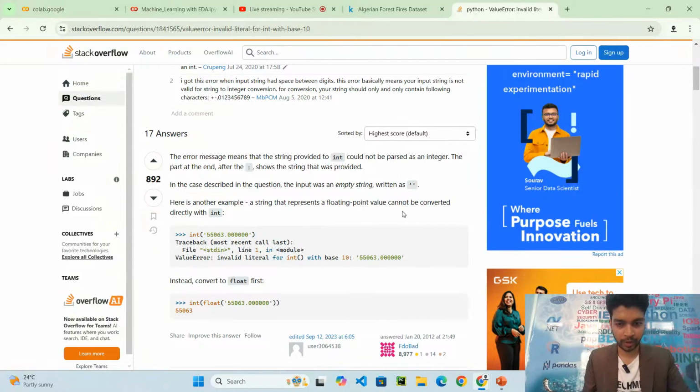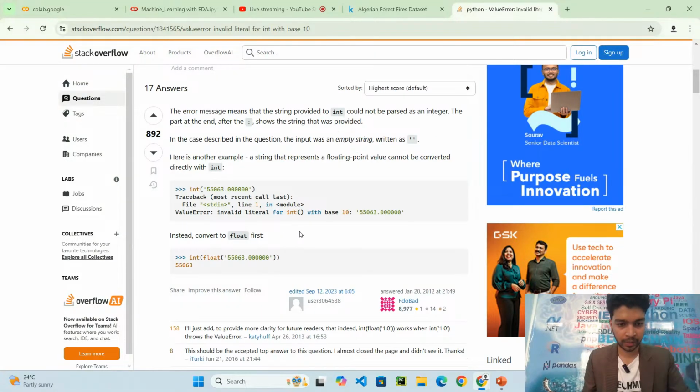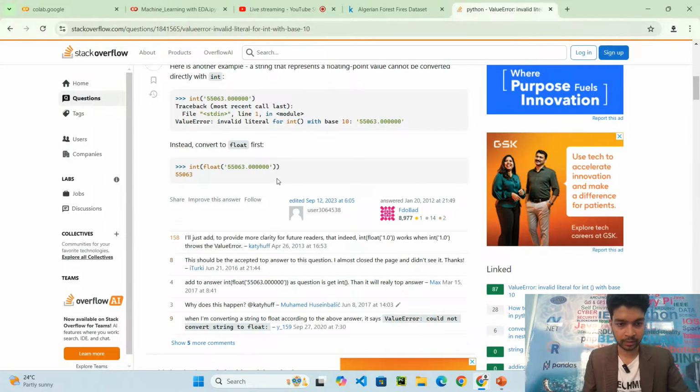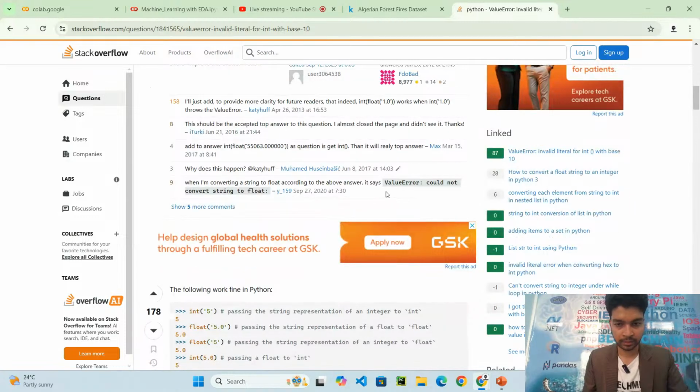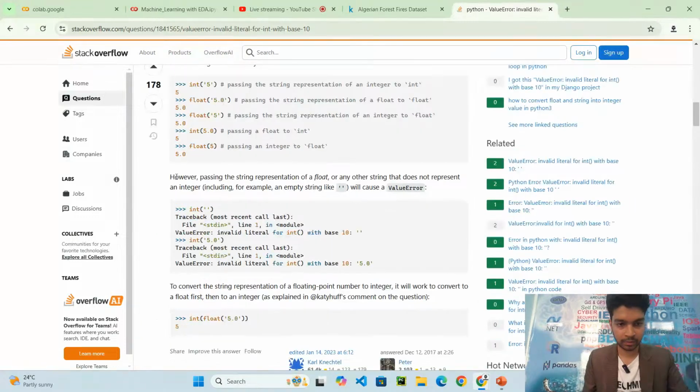Okay, floating point value cannot be converted to int. One second.